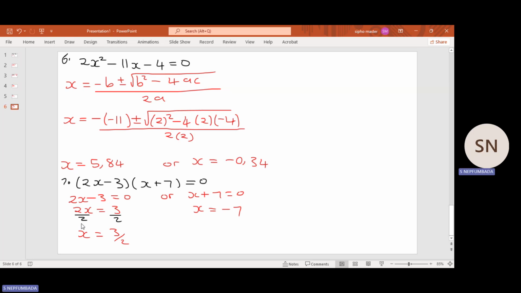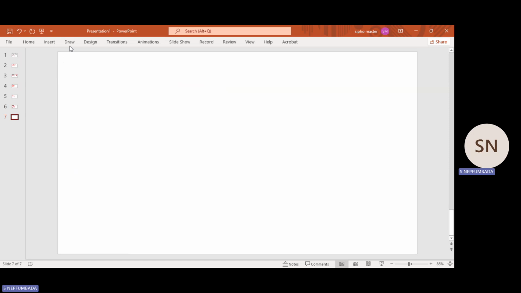Now we're fine. So I think we did many questions that are similar, whereby for now, we can introduce something that we call a difference between two squares. Before we go for a difference between two squares, let's say we have another equation.